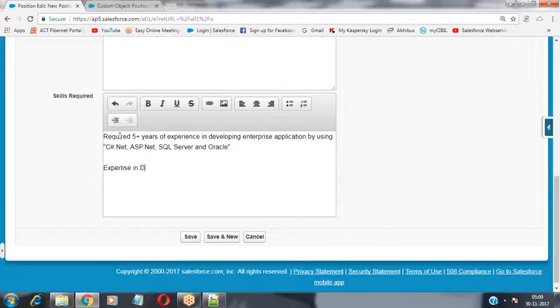Expertise in database design, and SQL, PL/SQL programming, and then ability to manage a team, and should be an individual contributor.